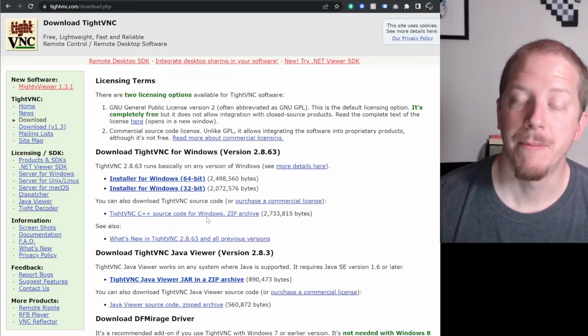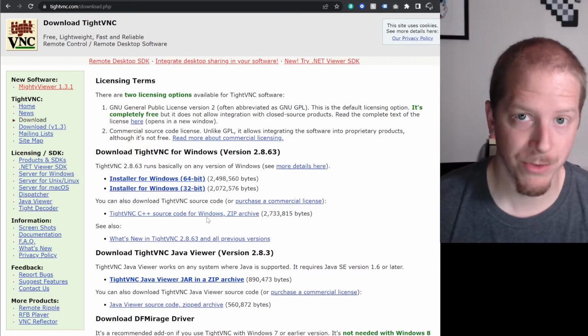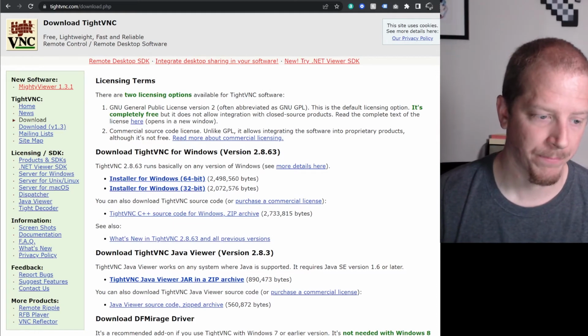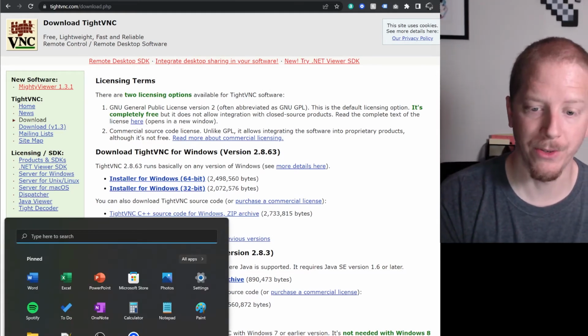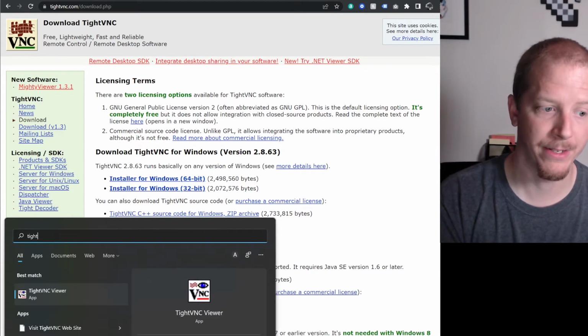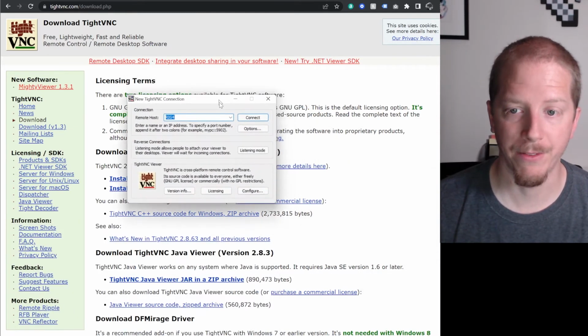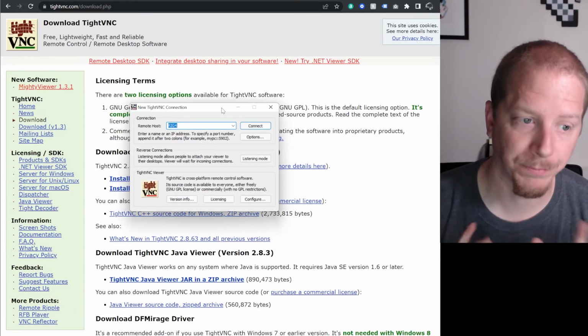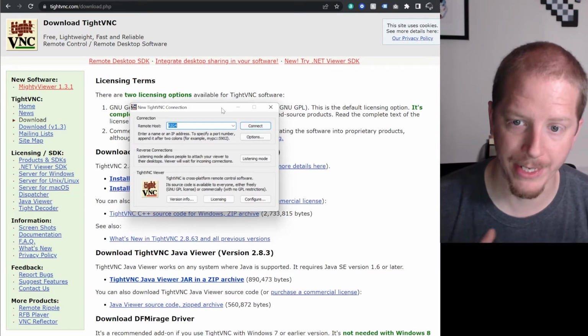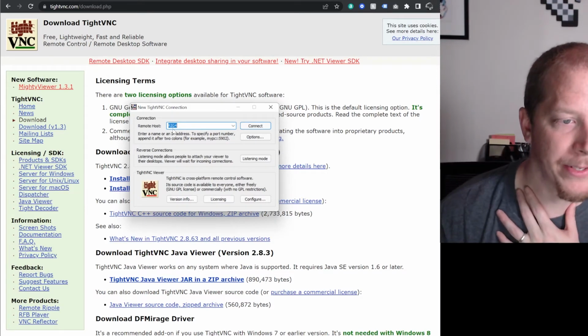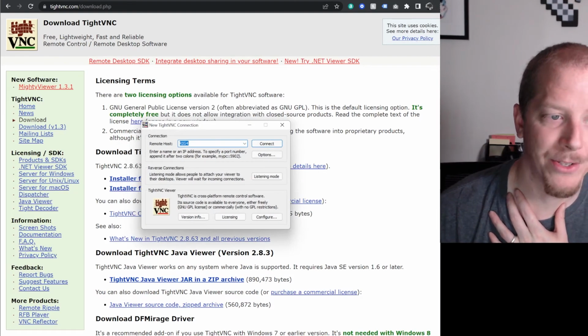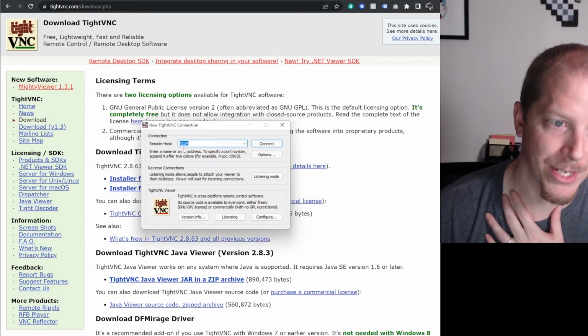And you'll notice this time it did not prompt us for a password because we did not install the server. Now, we're going to click on start and open up TightVNC. So now we have the actual connection ready to go here. So what you would need to do now to remote connect to this computer that we just set up is